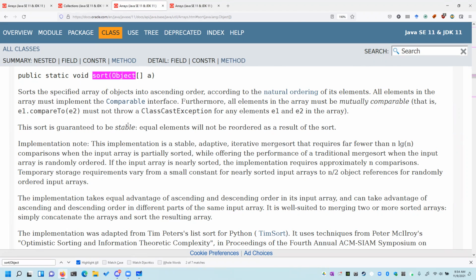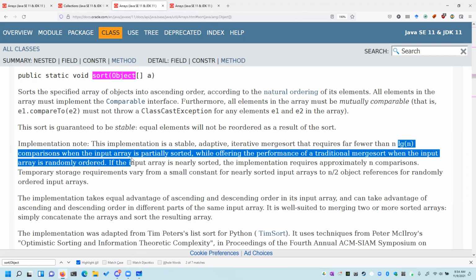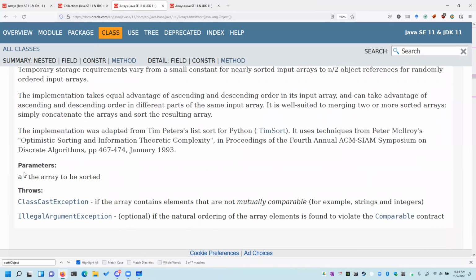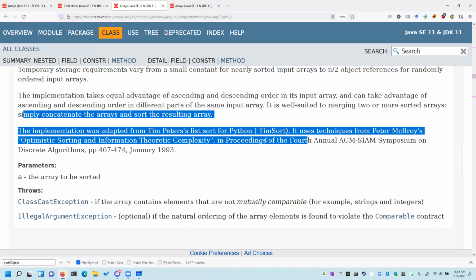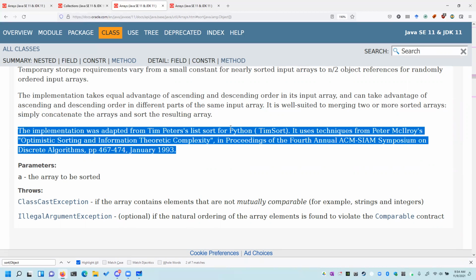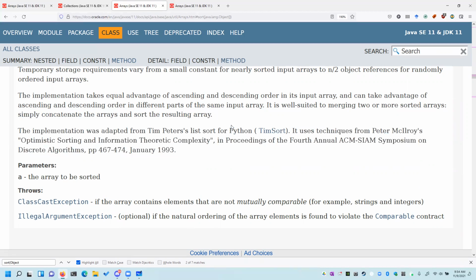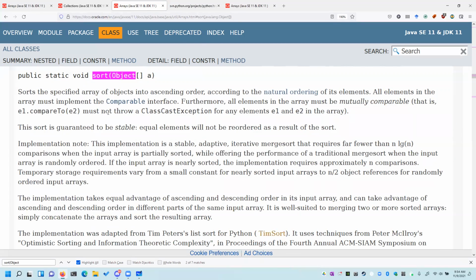It requires far fewer than n log n comparisons when the array is partially sorted, while offering the performance of traditional merge sorts. What they're referring to is that they're using Timsort, which is the sort that was created for Python, and people thought it was great, so they used it in all the other programming languages, and now it's kind of the standard for